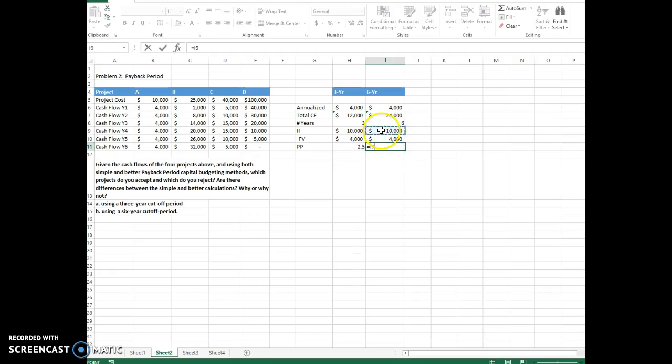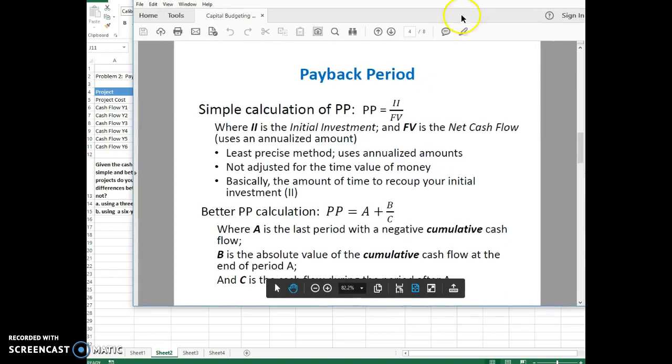For the 6 years, it's going to be exactly the same because all the numbers were the same. So that's the simple calculation. Again, that's the least precise method. Now I'm going to show you the better payback period calculation. And that is where